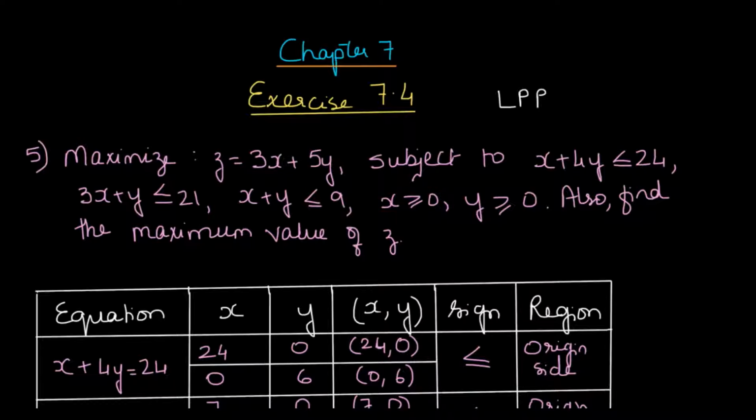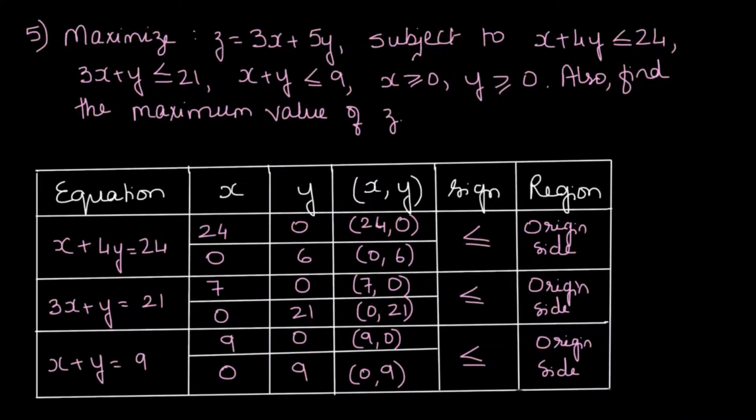So starting with this particular sum, you must remember that we convert these inequalities into equalities in order to find the equation of the lines and the points on the lines. And therefore, we write these equations over here. We find the x and y coordinates of that particular line. If you remember, we need 2 points to form a line. So we first put y as 0 and find the corresponding x coordinate that forms one particular point. Similarly, we put x as 0 and find the corresponding y coordinate, and thus we get the other point of the line with which we can draw the line.